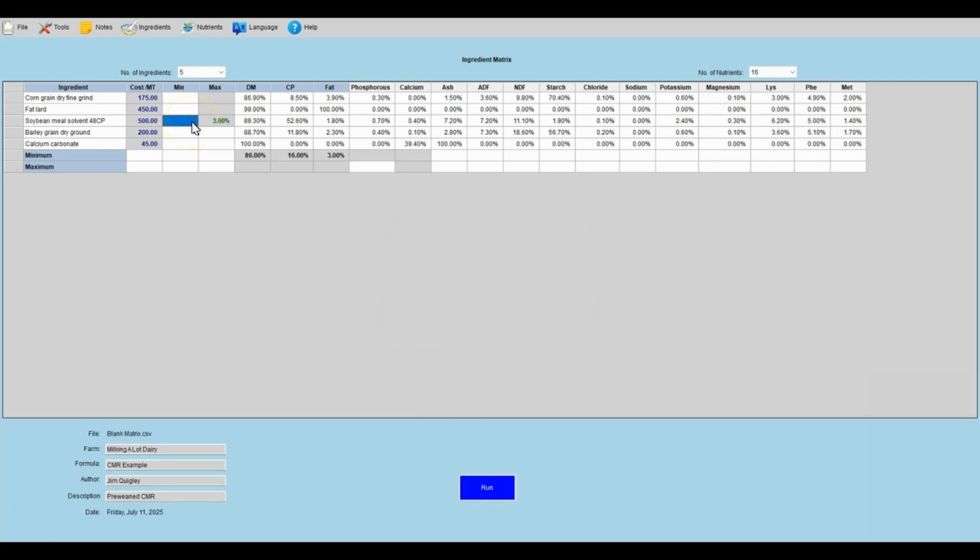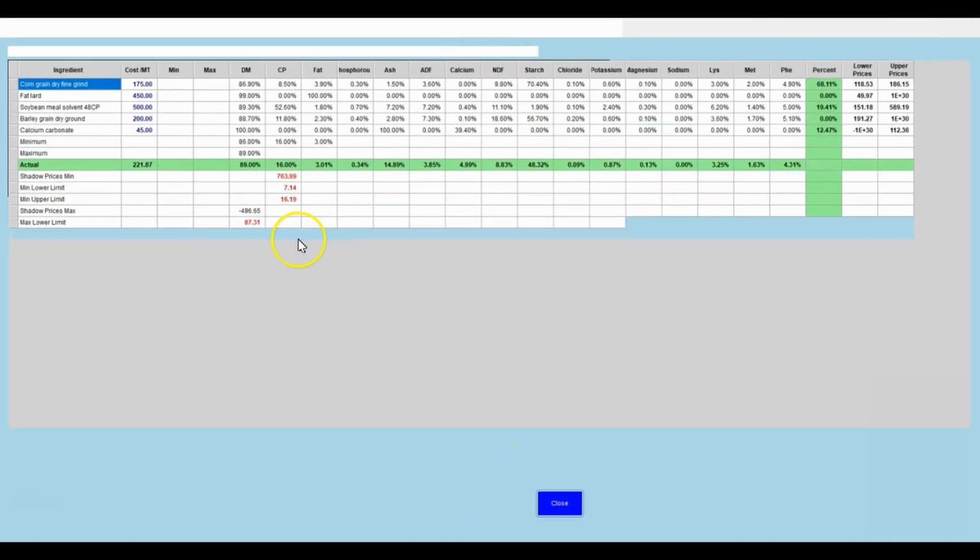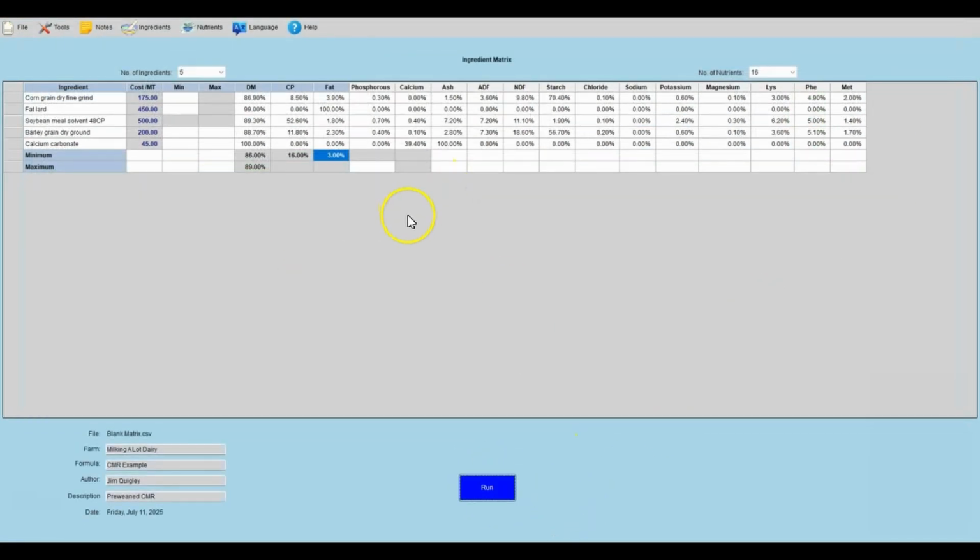Let's look at one final example. I'll set a dry matter minimum of 86% and a maximum of 89%, along with a protein minimum of 16% and fat minimum of 3%. This formulation solves successfully. Now I'll add a phosphorus minimum of 0.7%. When I rerun the formula, the solution becomes